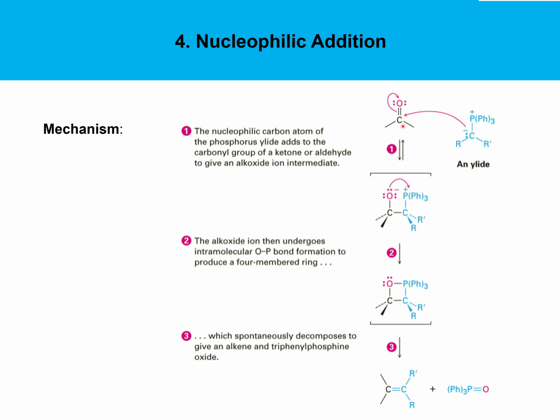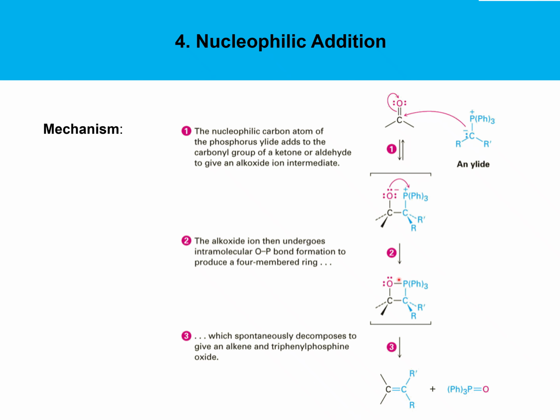The mechanism for the Wittig reaction occurs as follows. The Wittig reagent involves a carbon that is nucleophilic. That carbon will attack the carbon of the carbonyl. It will produce this intermediate, which will lead to the oxygen and its negative charge attacking the phosphorus with its positive charge, forming this